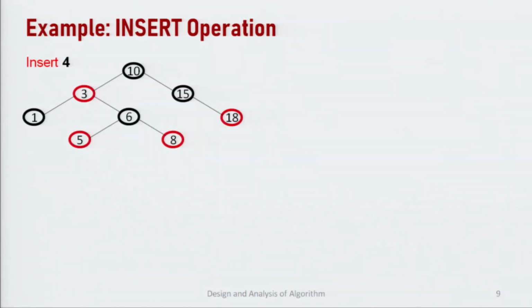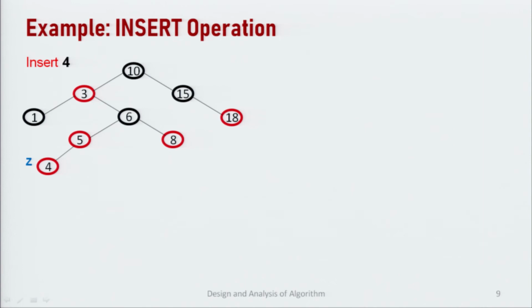Okay. Now, we can understand it with an example of how we can perform an insert operation. We need to insert a node 4 and first we will follow the binary search tree rule. 4 is less than 10. Now compared with 3, 4 is greater than 3. Here it will compare with 6, 4 is less than 6. It will come here, 4 is less than 5, there are no more nodes. So, this 4 will be added as a left child of 5. Just see here, 4 has been added as a left child of this node.